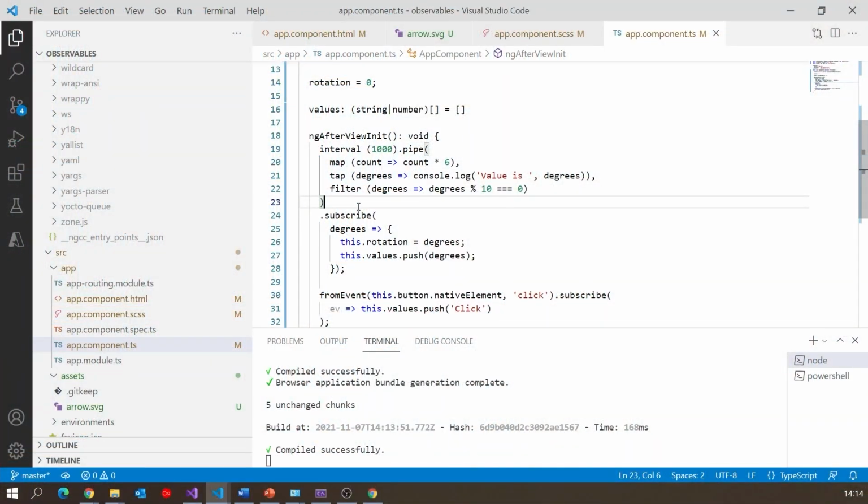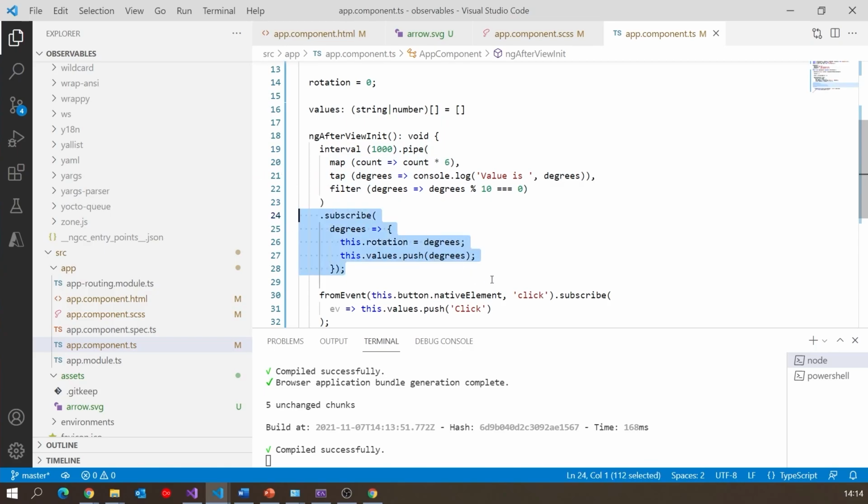That said, there is something that you really need to be aware of with observables because it's one of the easiest mistakes to make and one of the hardest ones to spot. And this comes down to the fact that observables are what is known as lazy. And what that means is, even if you create an observable like we've done there, if you never subscribe to that observable, it will never start going.